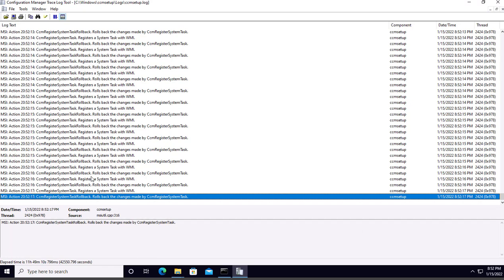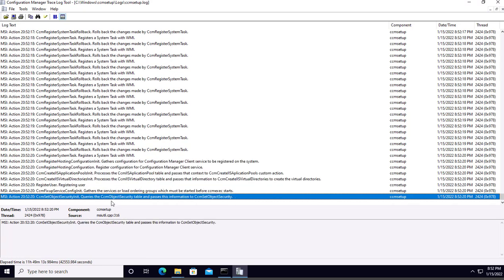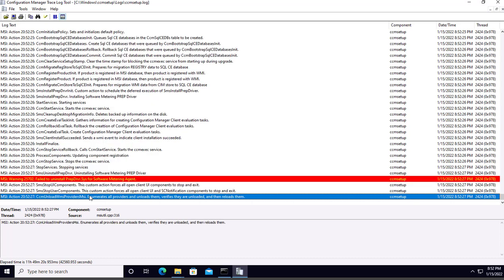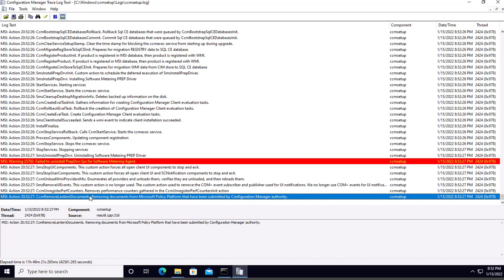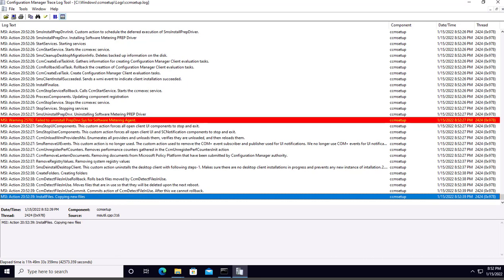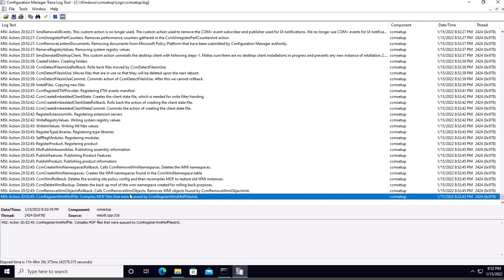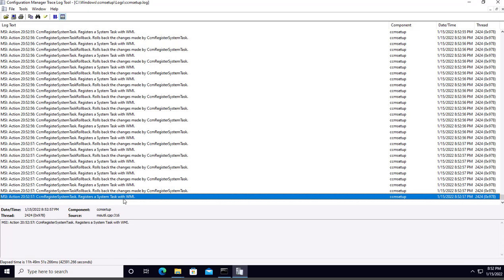As you see, the communication is in progress and it is established. Installation takes a while, so we have to be patient as it's configuring the Configuration Manager SCCM client tool on this device.